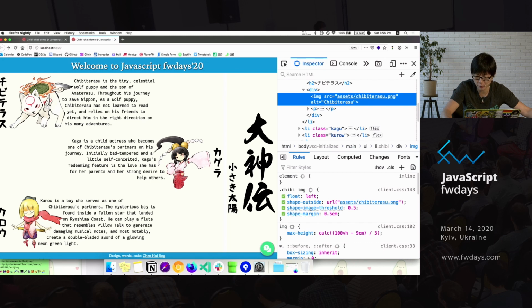So I can set the image threshold, which is essentially the alpha value. Depending on how you process your image, you can affect how much, it's like a tolerance level when you're doing Photoshop, right? And